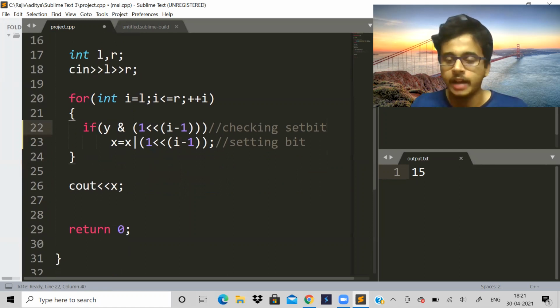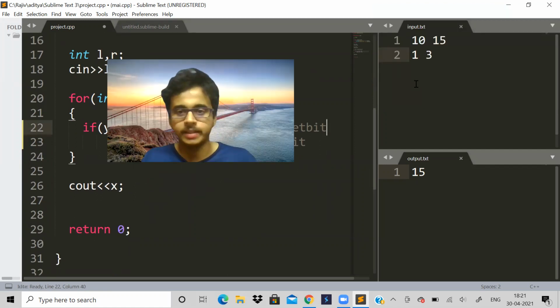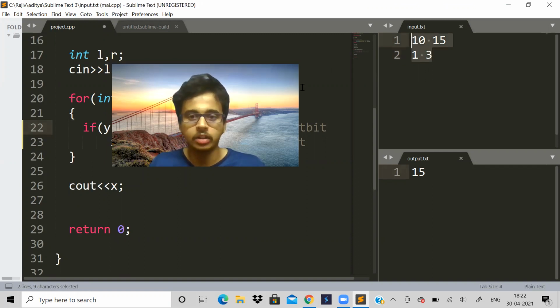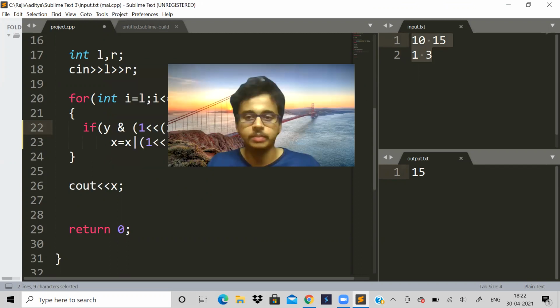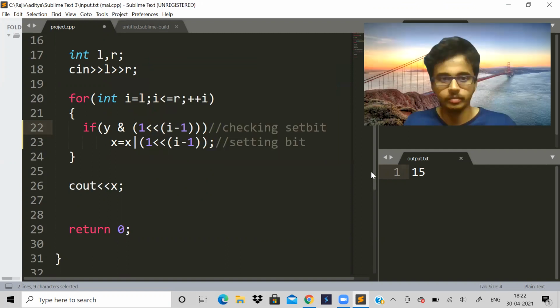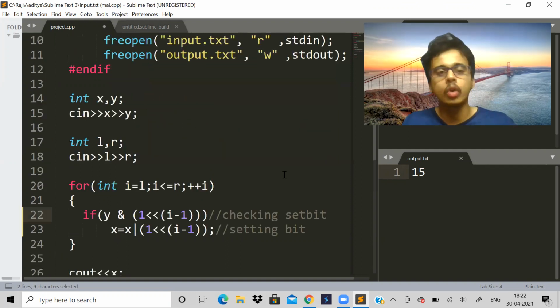So as you can see, I've taken the same example and I've got the output as 15. So you can try it in your editor also. I have taken the same example that I was explaining and the output is coming perfectly fine. So code it in your editor and see what mistakes you're doing. Pause the video and do it.